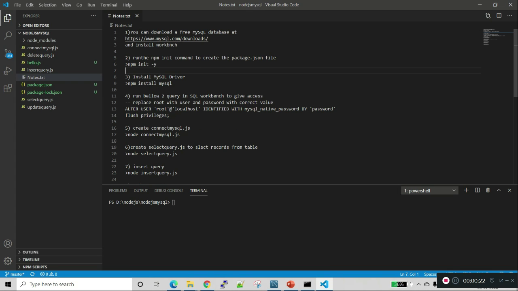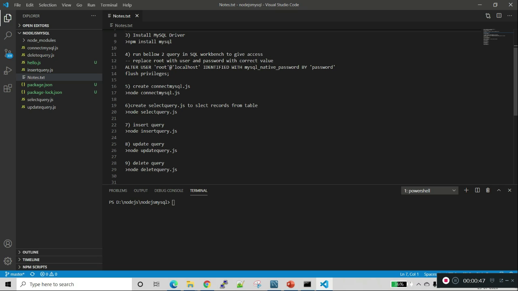So the agenda is installing MySQL and Workbench, initializing the package.json and installing the MySQL driver, then checking our privileges to connect MySQL and Node.js. Then we will see how to connect to MySQL and check whether the connection is successful or not. Then if there is any problem, we will resolve that.